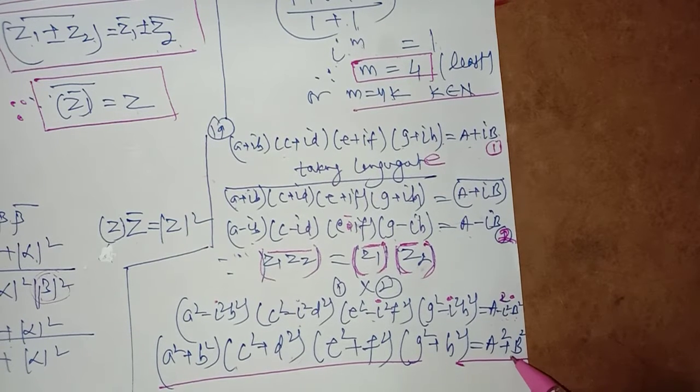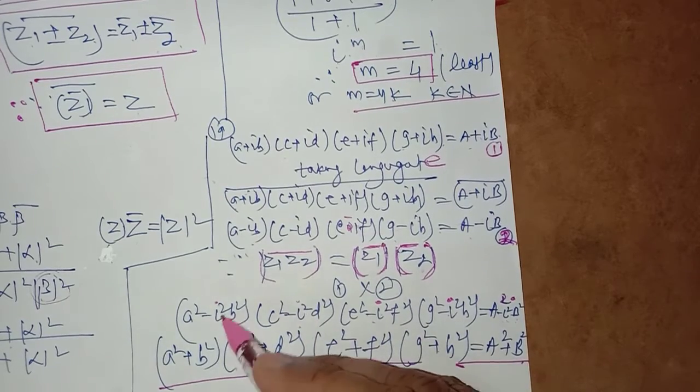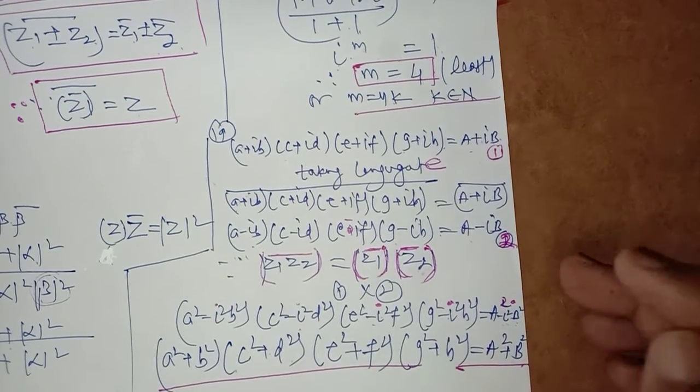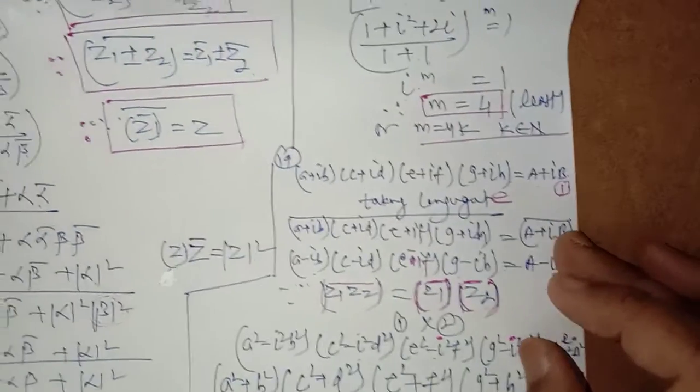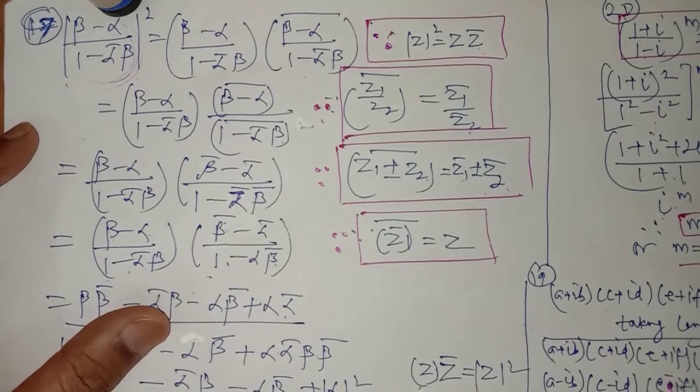i square is equal to minus 1, so plus will be there. i square is minus 1. So this is the completion of the chapter complex numbers, and this is a somewhat easy chapter,